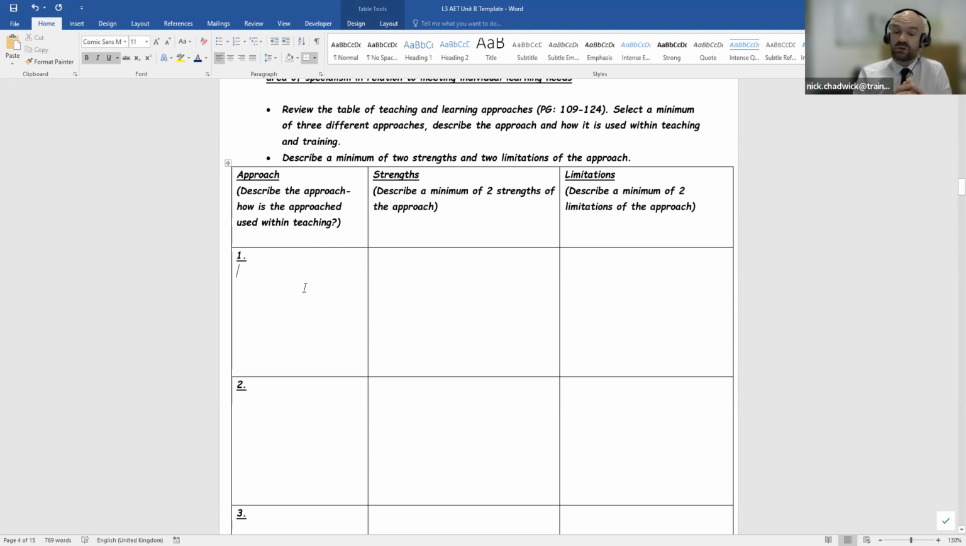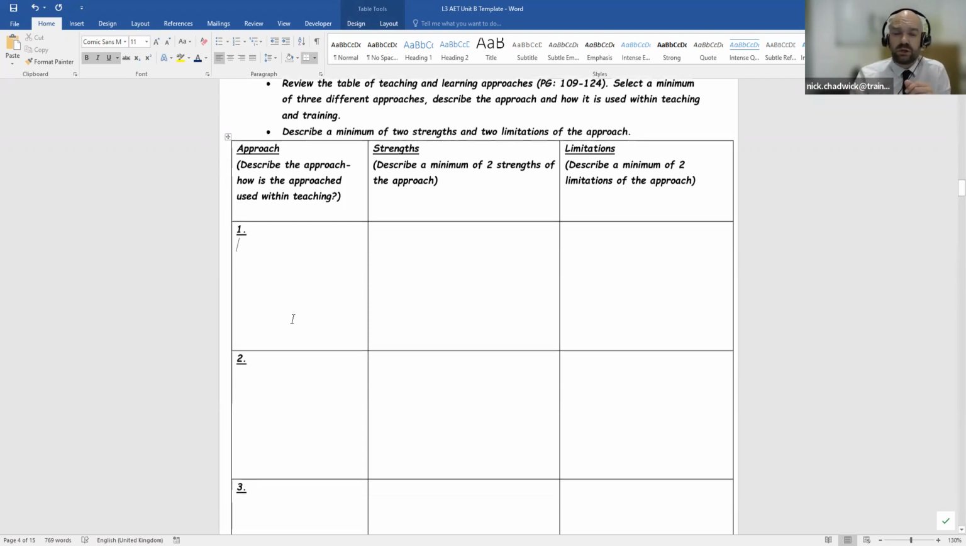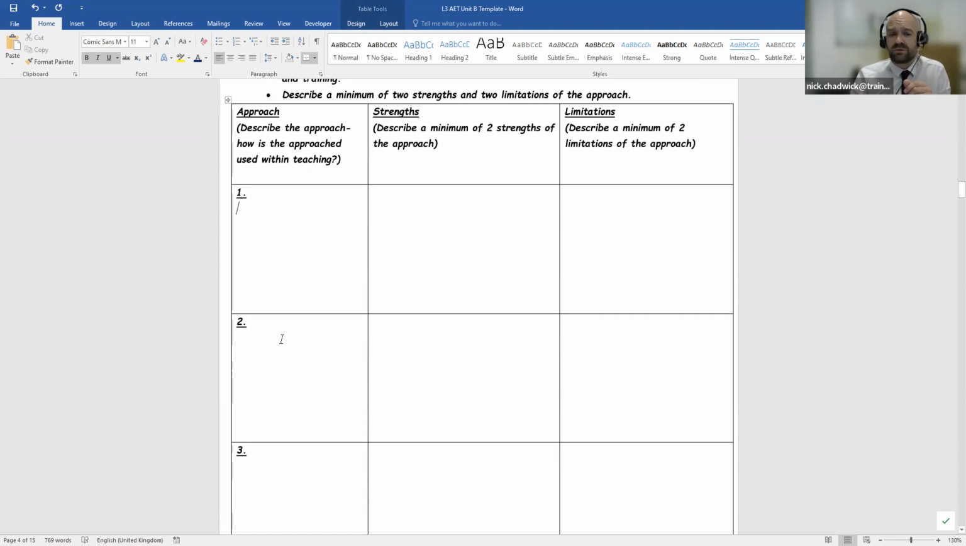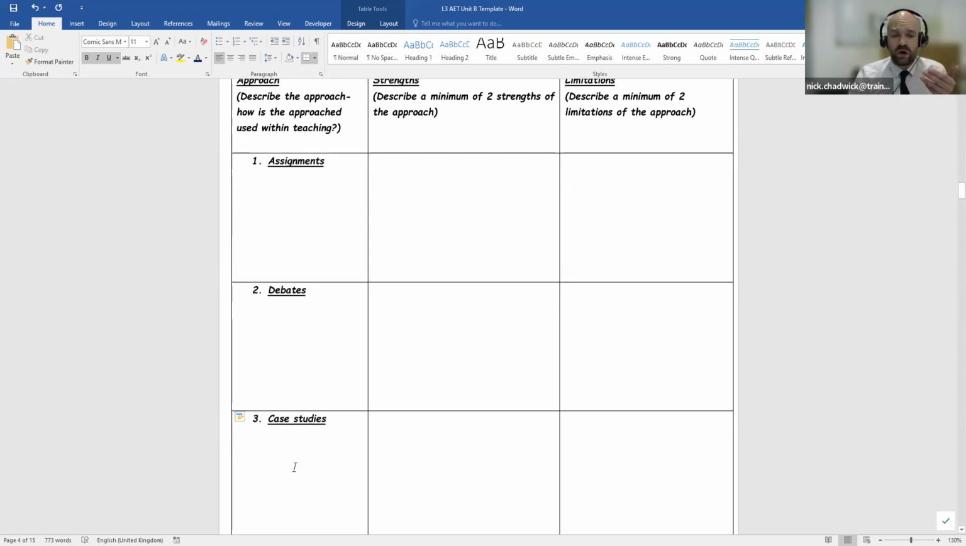So for example, you could talk about your own self, how you use these approaches currently or in the future as well. So we'd like for you to talk about your own self here, okay, and how these approaches apply to you. Okay, so perhaps a paragraph of information. So for example, I would put in assignments, just being an example. Let's have debates. And I would also have case studies. Okay, those would be my three, and I would expect to see a paragraph of information on each one,